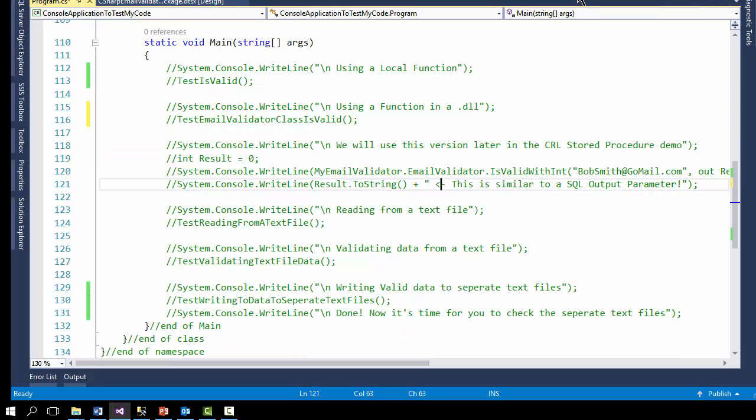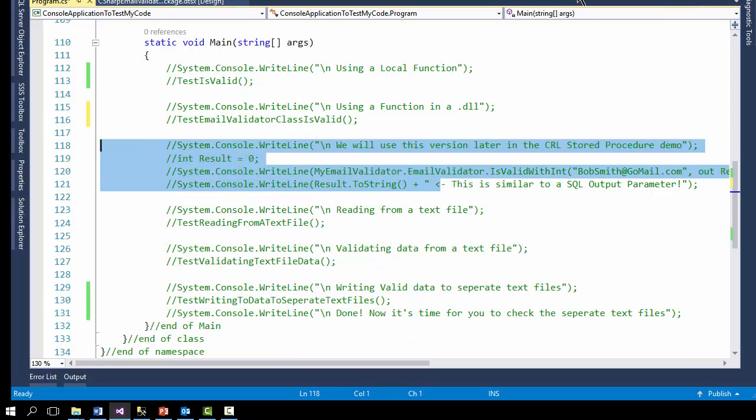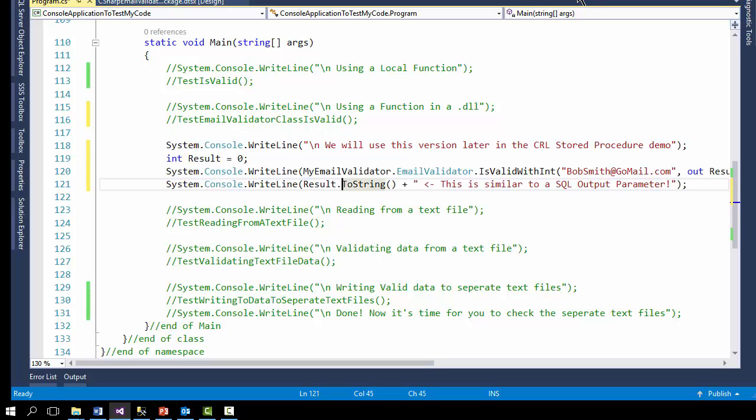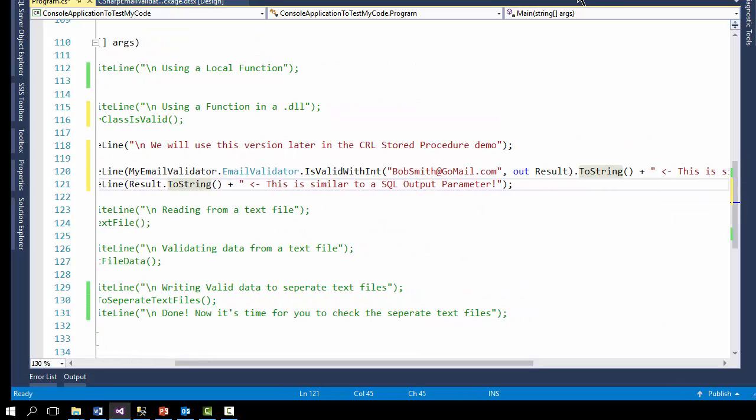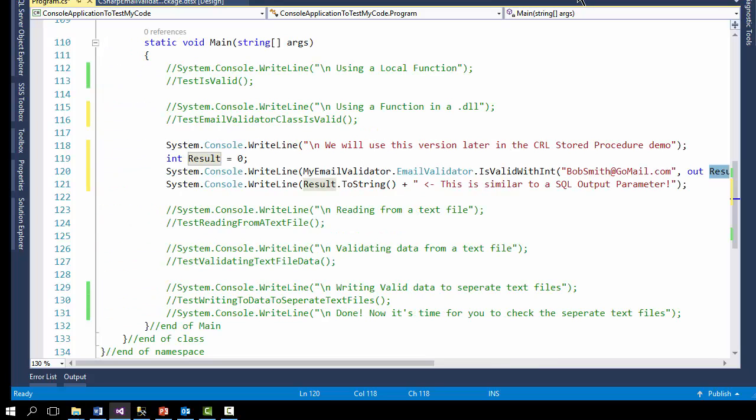Here's an additional option. This is the one I'm using, that common language runtime stored procedure, just to validate that it actually works. Notice that I call my namespace, the class name, and then the method. And I'm using an output parameter like I do with SQL Server. So an input parameter and an output parameter. And I'll display the result to a string. And when I run this,